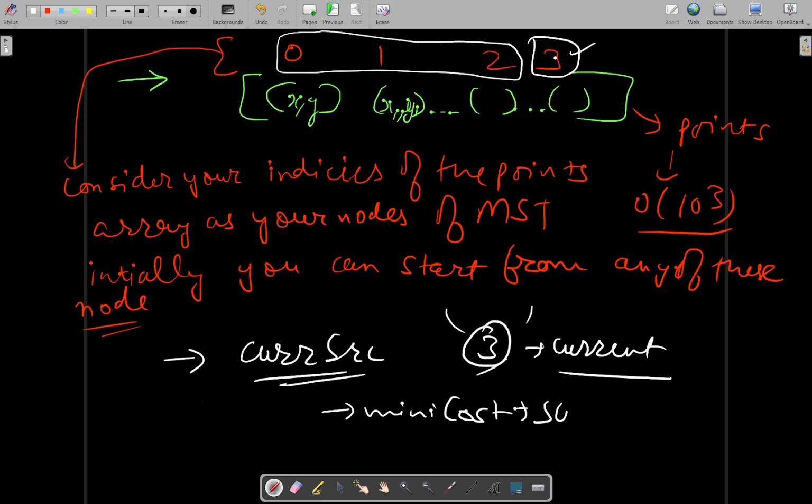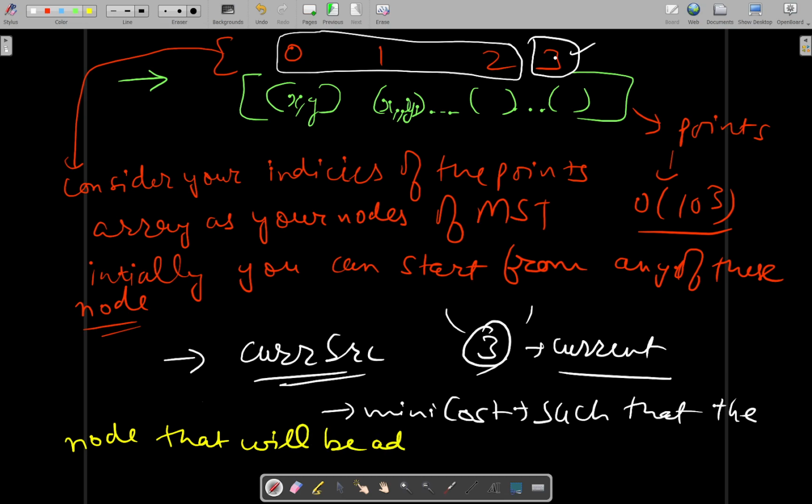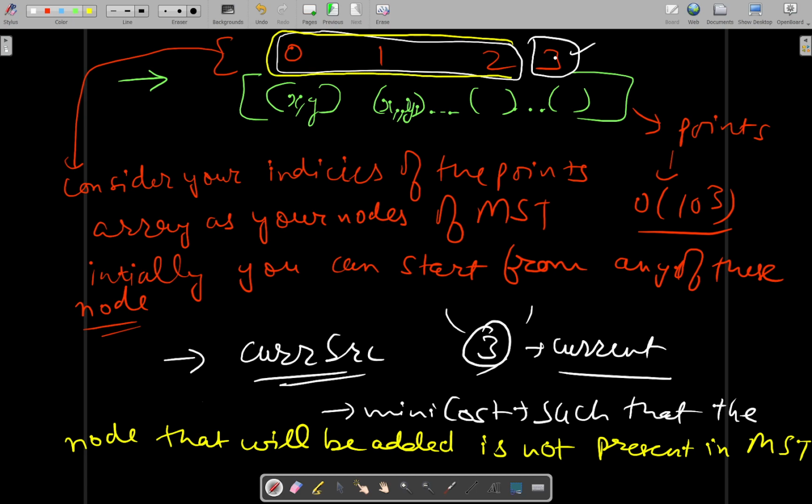such that the node that will be added is not present in MST. So any of these nodes is not currently present in minimum spanning tree. So among these nodes, whichever node will be having minimum cost to be added to the MST will be considered